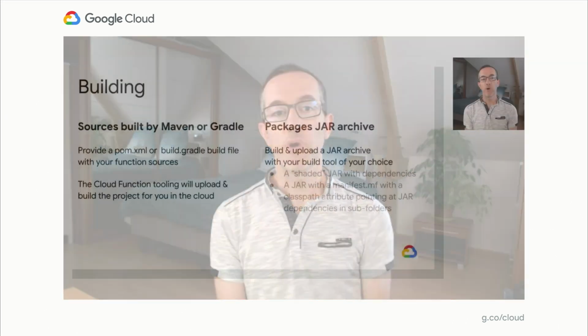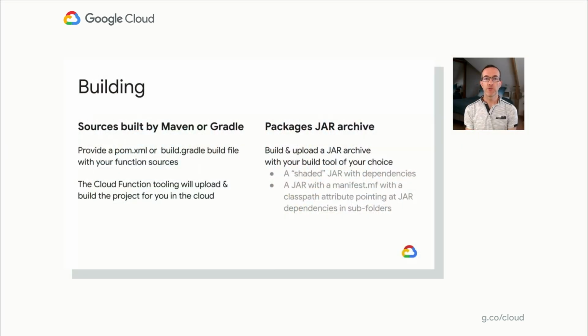So let's see how we can do that. There are a couple of options for building functions. Your functions can be built in the cloud from sources using Maven or Gradle build tools. Your sources should provide a pom.xml file or build.gradle project file. You can also build a jar with any build tool that you want, either a shaded jar with dependencies within the jar file, or a jar archive whose manifest descriptor provides a class path attribute pointing at the jar dependencies